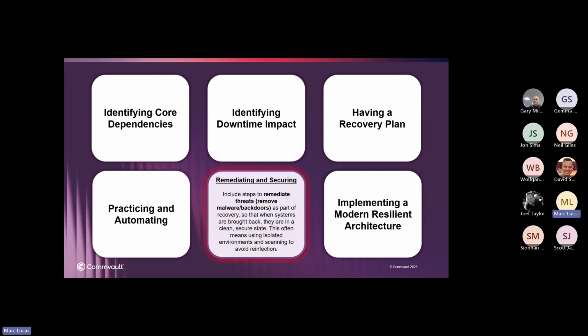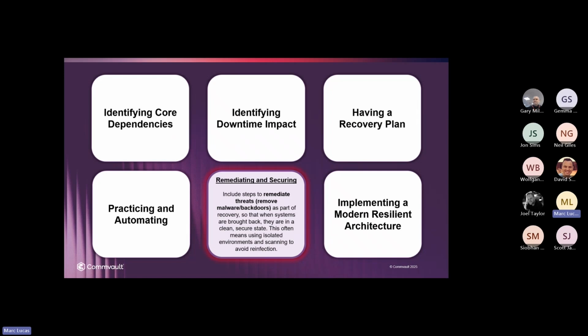Then, as part of that process, they should also be factoring in, how can we remediate this? How can we remove the backdoors, the malware? Because if they don't do it, then, as you know, ransomware gangs tend to share the information that we've just had a successful attack against Marks and Spencer's. They'll share it in the community, and other ransomware gangs will try to use those backdoors to get in. Typically, you find those who've been hit by a ransomware attack, they're hit by another one pretty soon because that information is shared.